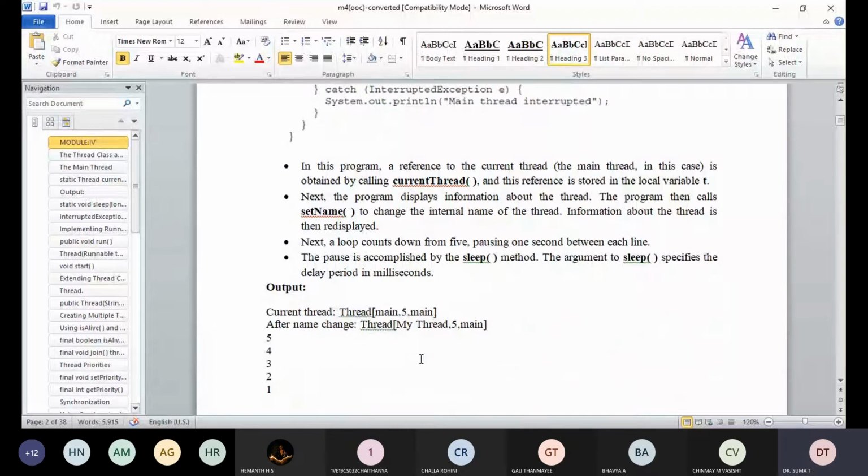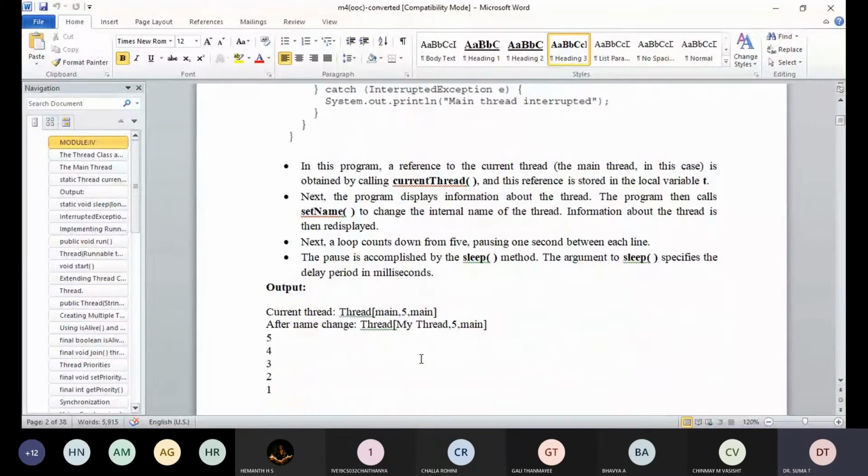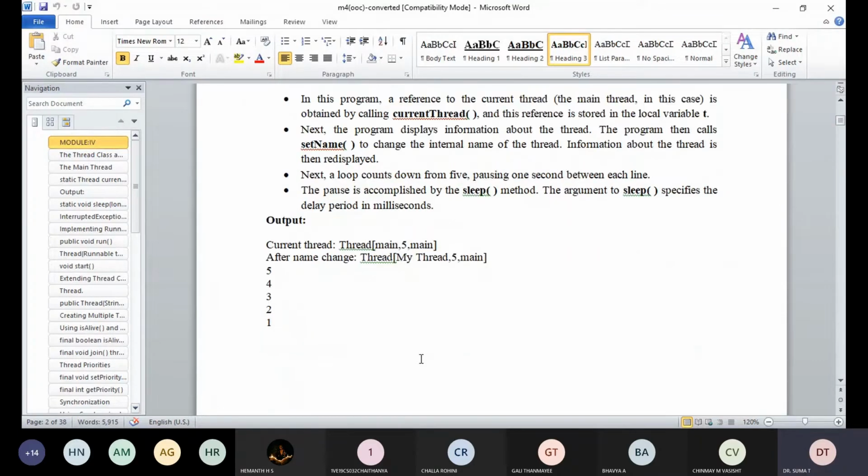So how is it going to execute when we change the set name, and when we are going to use a pause, which is accomplished with the sleep method? The argument to the sleep method specifies an integer number, in milliseconds.